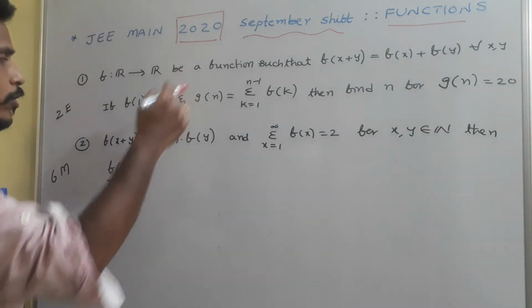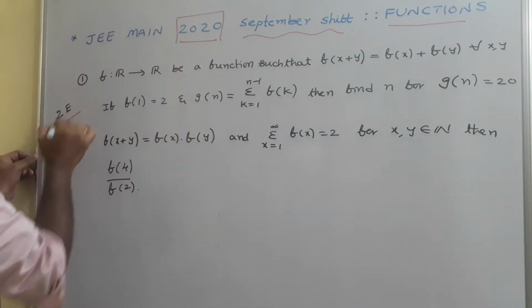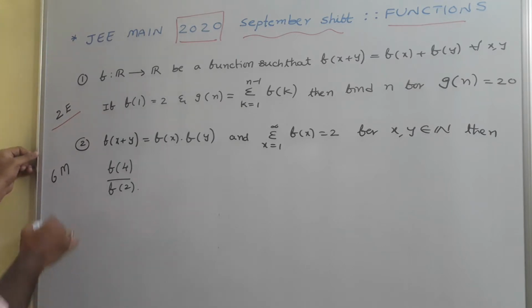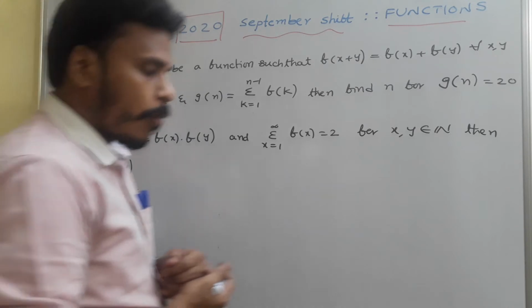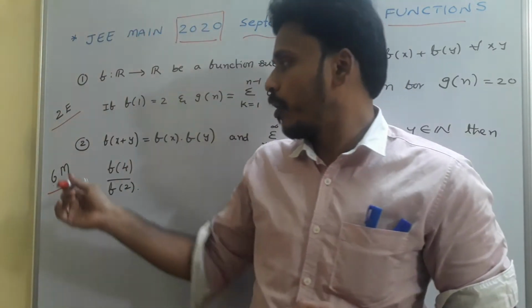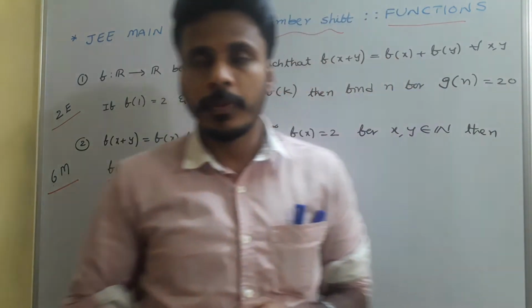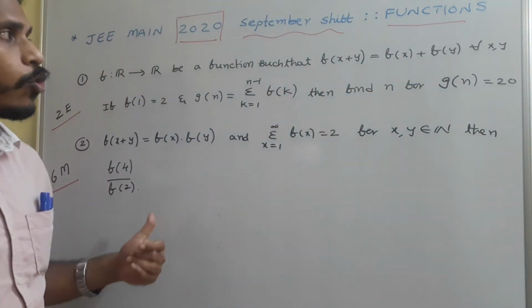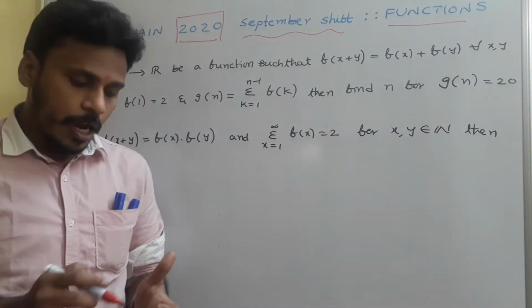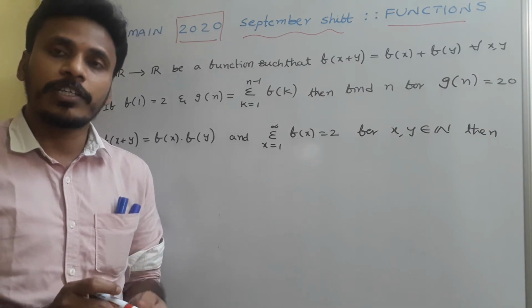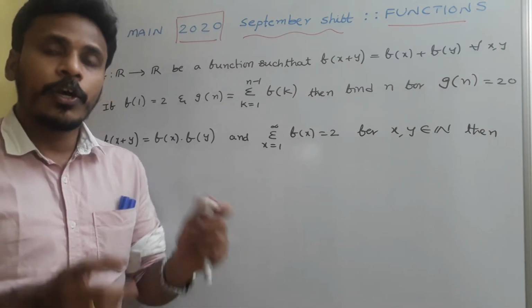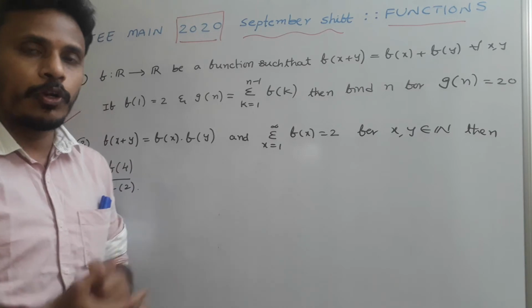The first question is from September 2nd afternoon session, evening session, and the second question is from the September 6th morning session paper. Okay, and these are the two questions, and I have some other questions also. See, these questions are related to the functional equations. Already we discussed about the functional equations in our regular class. Using those, I am going to solve this.